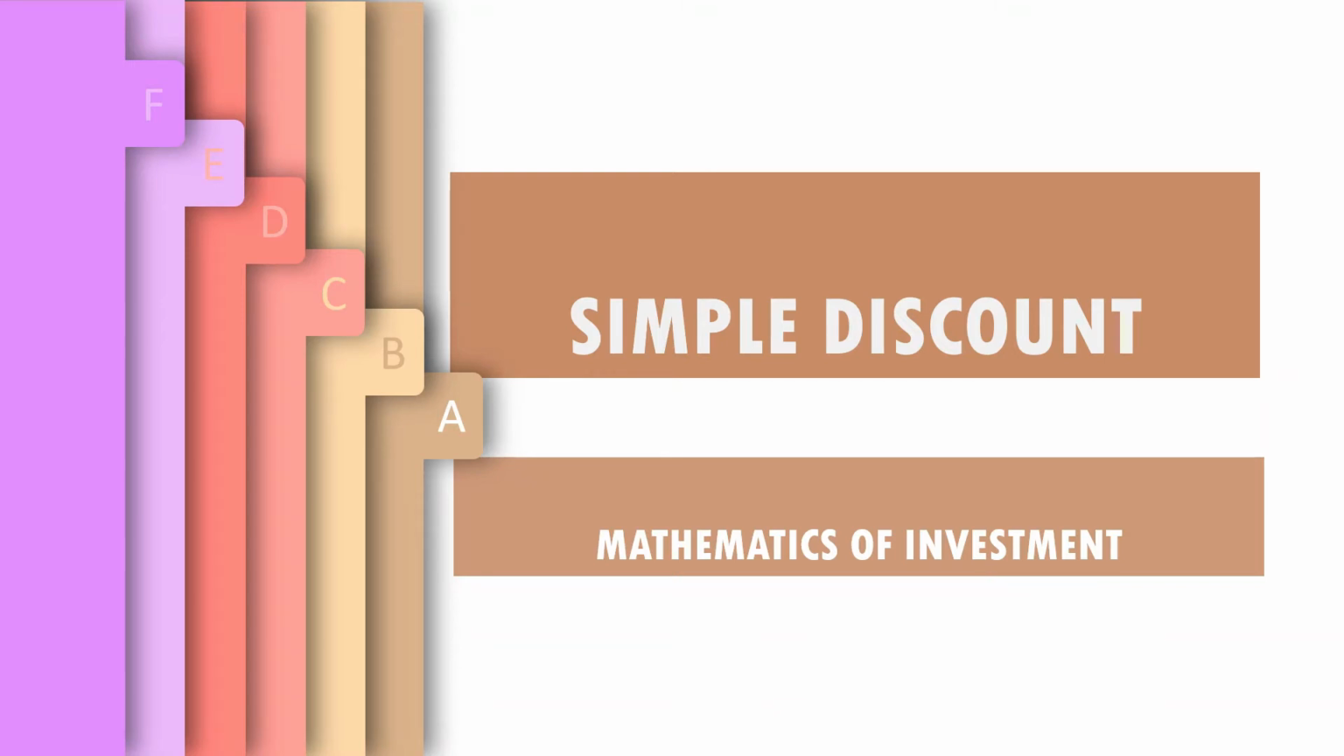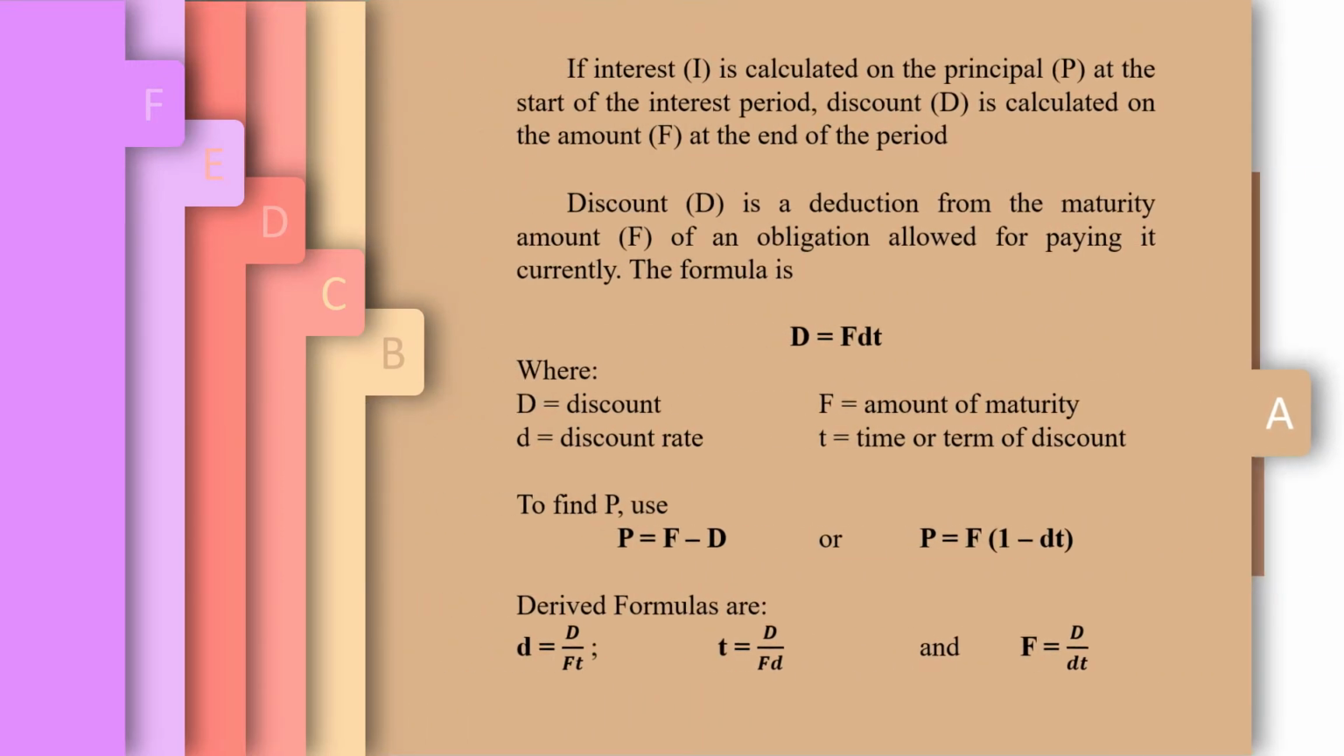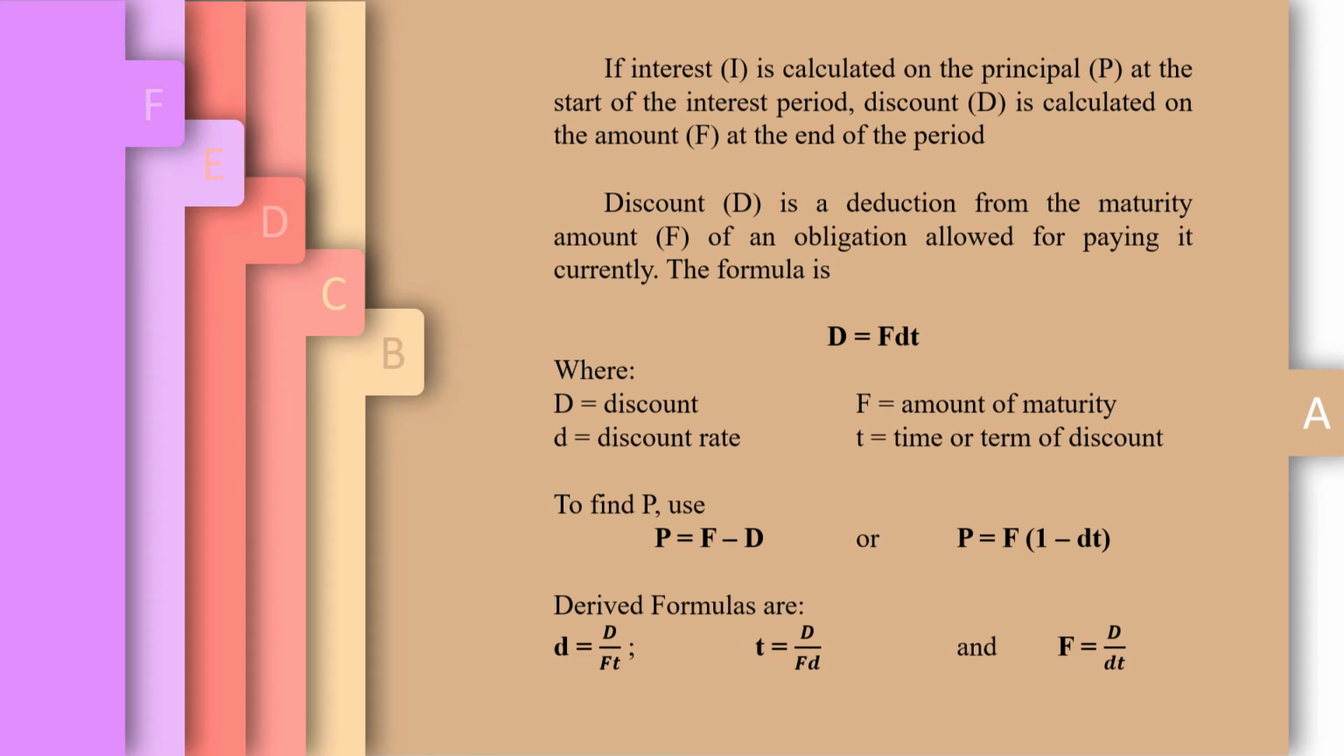Hello students! In our subject Mathematics of Investment, our topic for today is all about simple discount. When we say simple discount, if interest is calculated on the principal at the start of the interest period, discount is calculated on the amount at the end of the period. Discount here is a deduction from the maturity amount of an obligation allowed for paying it currently. Hence, the formula is discount is equal to amount of maturity times discount rate times the time or the term